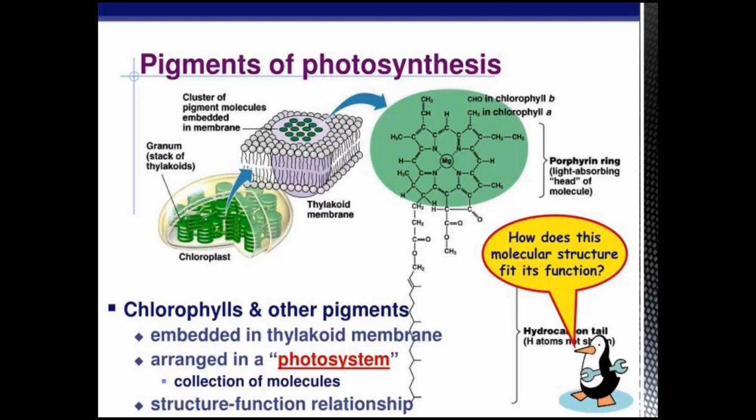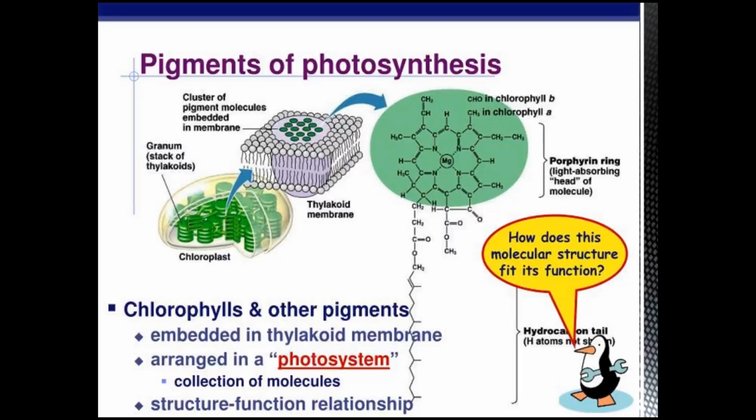Primary pigment: chlorophyll A is the primary pigment. Accessory pigments are chlorophyll B and carotenoid. After they absorb energy and pass it to the chlorophyll A molecule, the reaction center, and the accessory pigments together